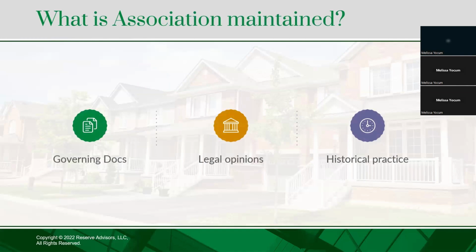So the first step in a reserve study is really determining what the association maintains. The reserve study, similar to your operating budget, is solely focused on the common area components, right? You don't want to fund for things that ultimately the association isn't responsible for. So we are first going to discuss what components are common. And this is usually done prior to preparing the proposal. That's really how we outline the scope of work and prepare a reserve study proposal.